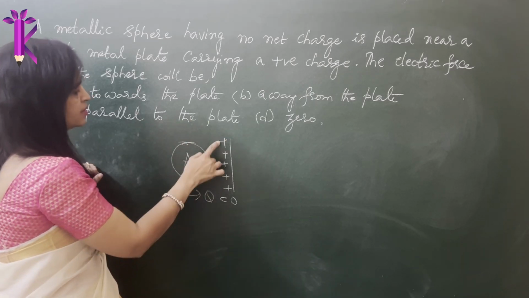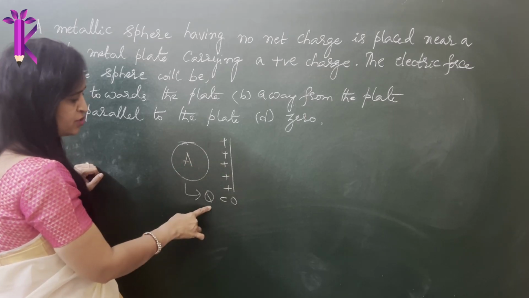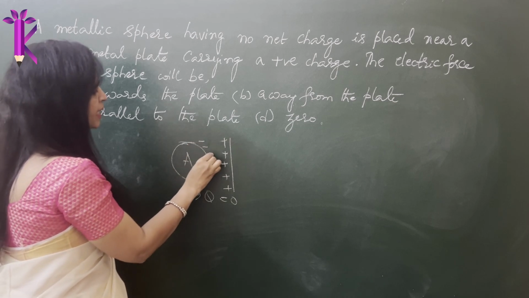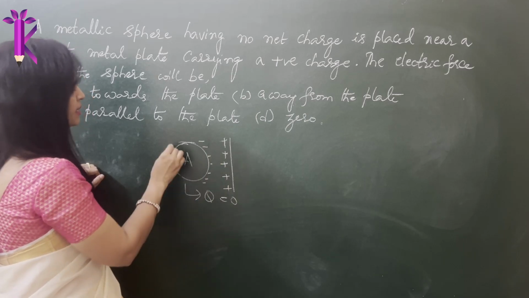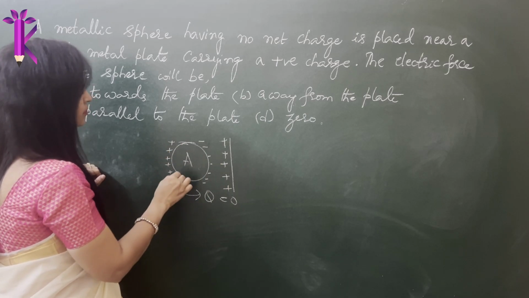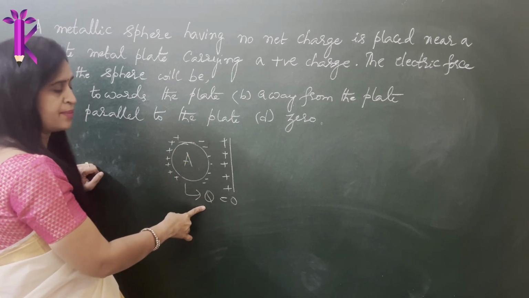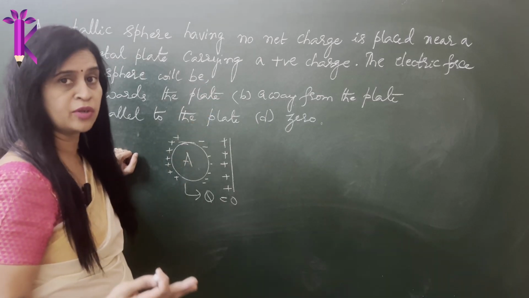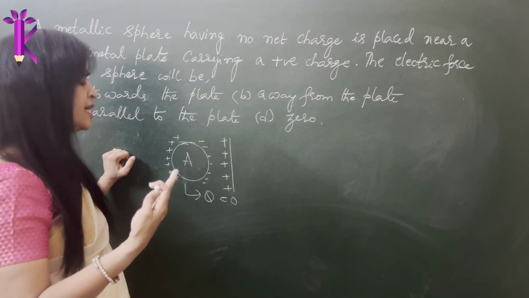So we know, since you are bringing the positive charges here, although it has got equal number of negative and positive charges, since the net charge on the sphere is zero, due to attraction, the electrons tend to come and collect on this right side, closer to the metal plate, and the positive charges tend to collect on the other side of the sphere, on the rear. So although the total charge still remains zero, they're not talking about the charge on the sphere. If they're talking about the total charge on the sphere, again, even after bringing the metal plate closer, the charge would be zero.